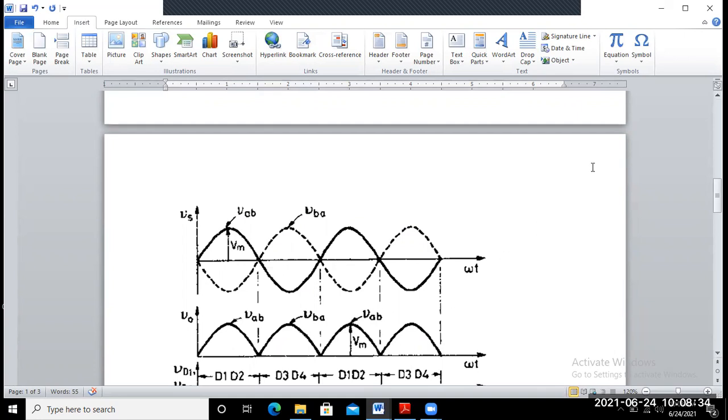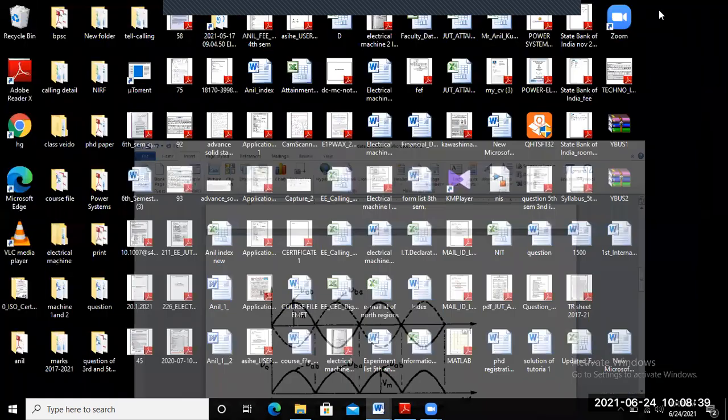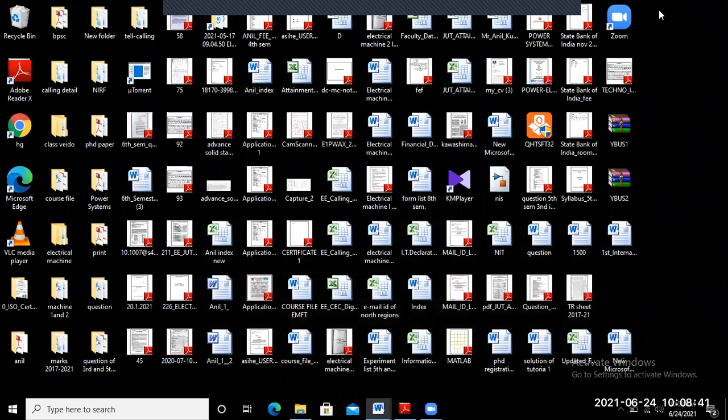Okay, so we are already familiar with the simulation lab. First of all we open MATLAB, and in MATLAB we simulate this circuit.